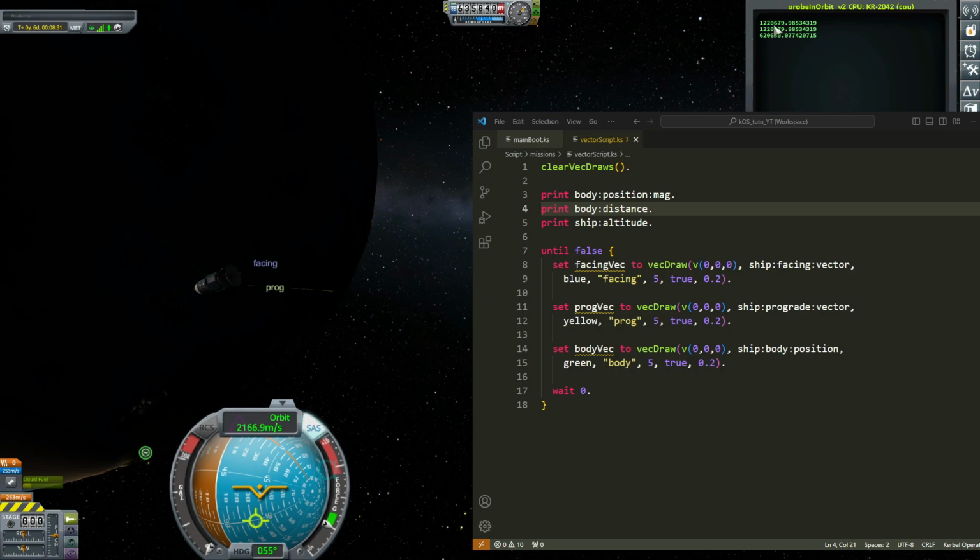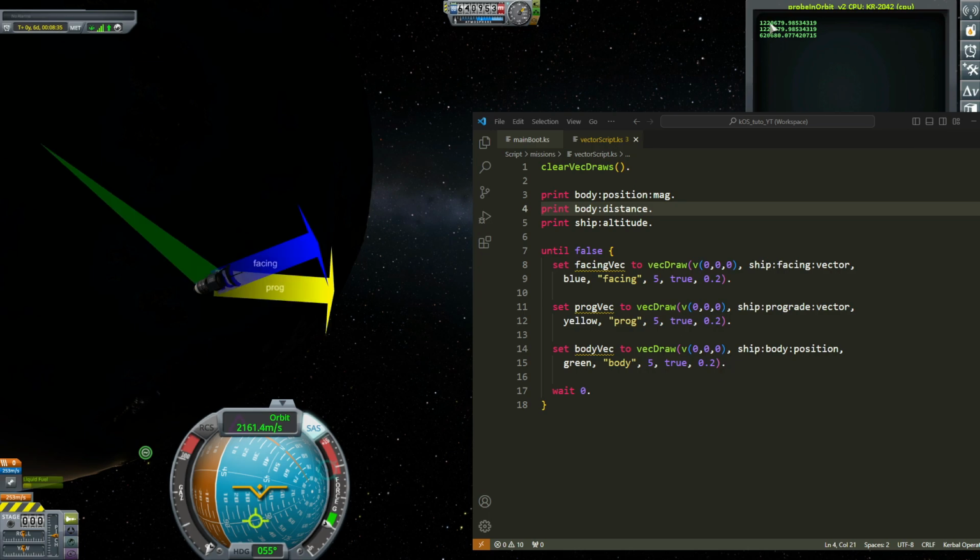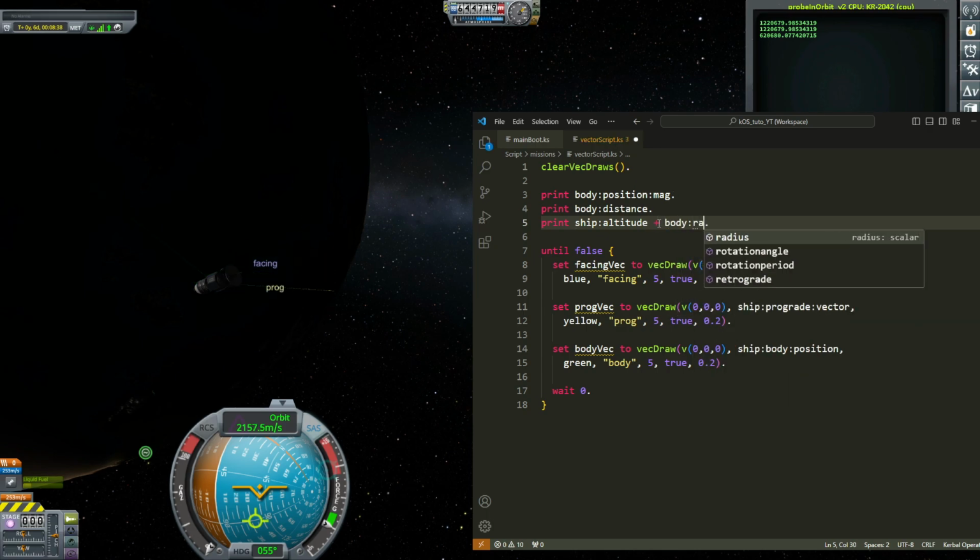Okay, so you can write the magnitude of body position or the distance of the body. This is the same thing. And the last number is the altitude here. And the difference, you see, is equal to the radius of Kerbin. That means in my script, if I add here ship altitude plus body radius,